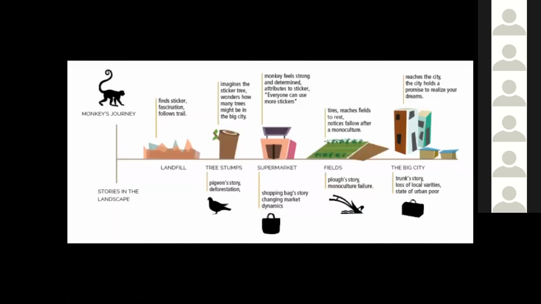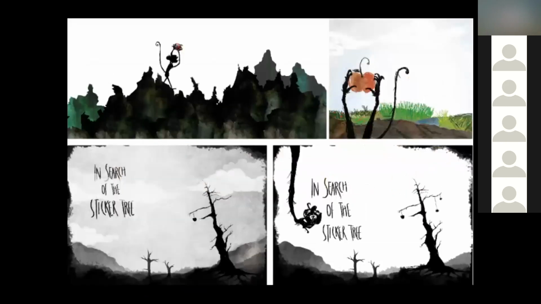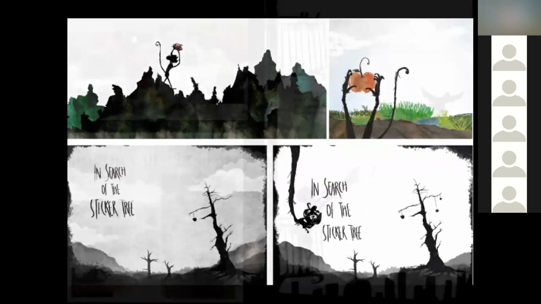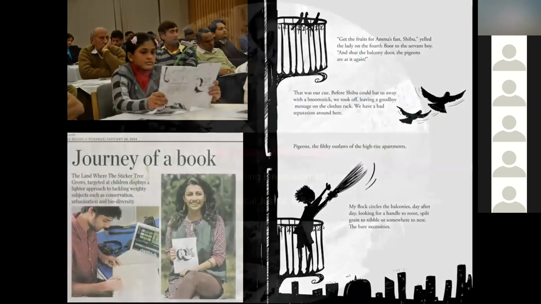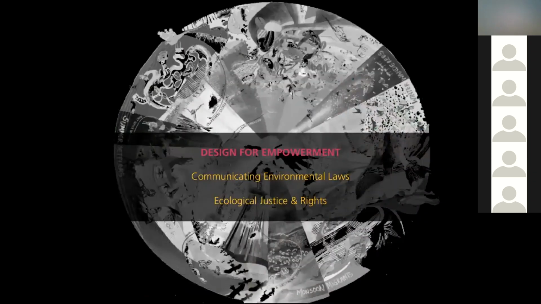The monkey journeys from a landfill through a potato farm, an apartment building, home to pigeons, and all the way to a supermarket in the city, collecting the stories of biodiversity across an urban scape, telling stories of monocultures and crop failure, and ideas of property and ownership. In the next example of Design for Empowerment, we look at environmental laws dealing with ideas of rights and justice,